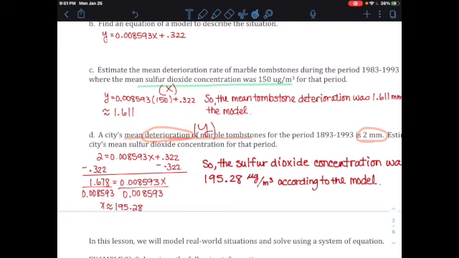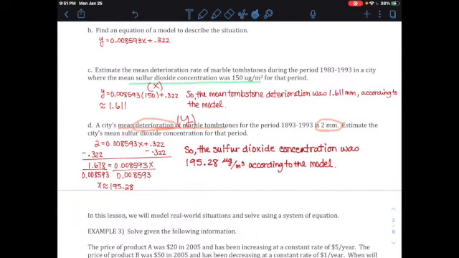Then for D, it says the city mean deterioration of the marble tombstone, so the tombstone is getting smaller and being eroded, is 2. Now, asking the question a little bit differently, this is now the Y, because Y is how much the tombstone eroded. So I plug in the 2 and solve the equation, solving for X, and that is saying that the sulfur dioxide concentration in that city was about 195.28